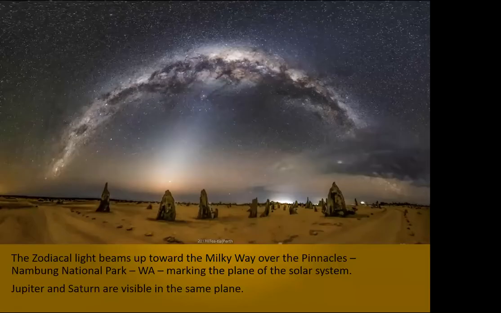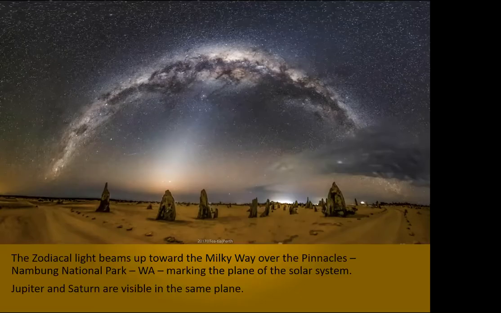Also got a couple of planets visible in the same plane here, look. So the sun's gone down here. Here's the zodiacal light coming up at a slight angle. And we've got Jupiter here, and I think this one here is Saturn, in the same direction as this line across the sky where all the planets live. This, of course, is our galaxy, the Milky Way, looping across the sky.